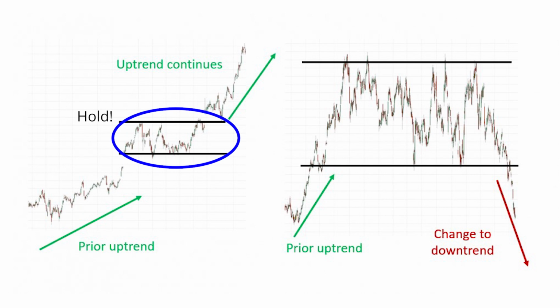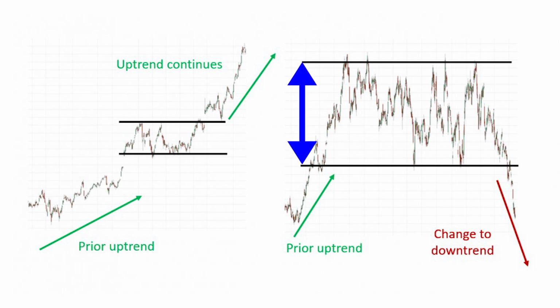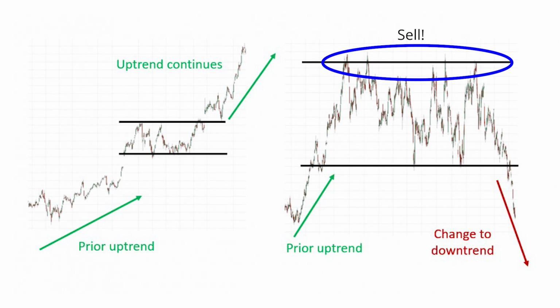The reason for this is that in a narrow range, the buyers and sellers who are riding on the existing trend are mostly still holding on to their positions, and only a small minority are taking profits and waiting to enter again, so there is not much pressure to change the trend. However, in a wide range, the buyers and sellers will attempt to trade within the range, so they will sell near the top and buy near the bottom, creating a more balanced bullish or bearish pressure, meaning there is an equal chance that the trend can swing either way.